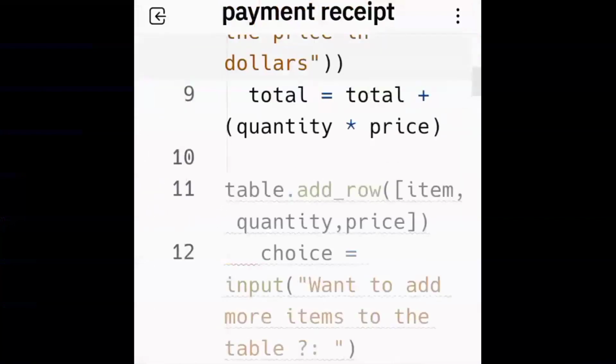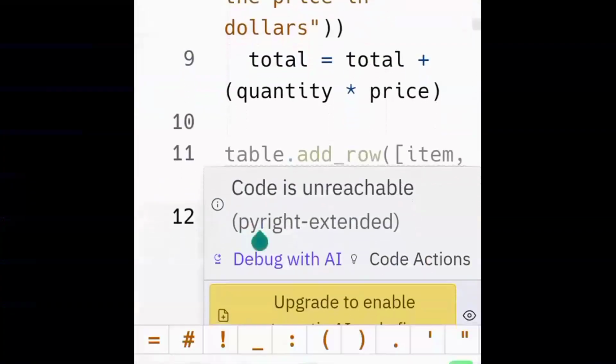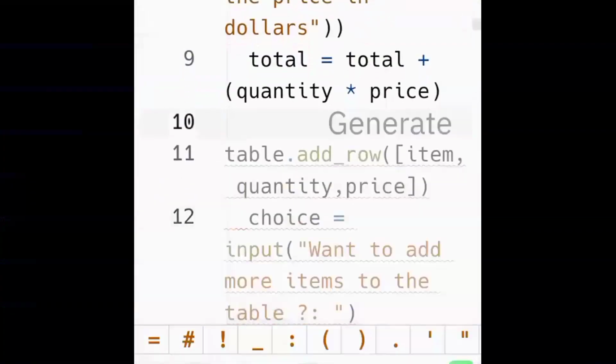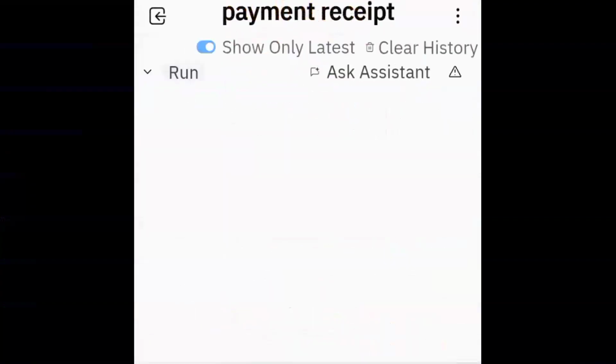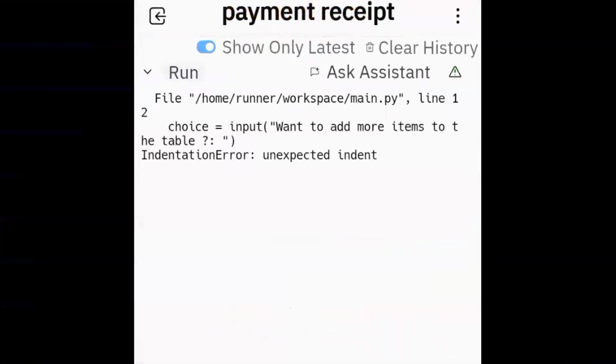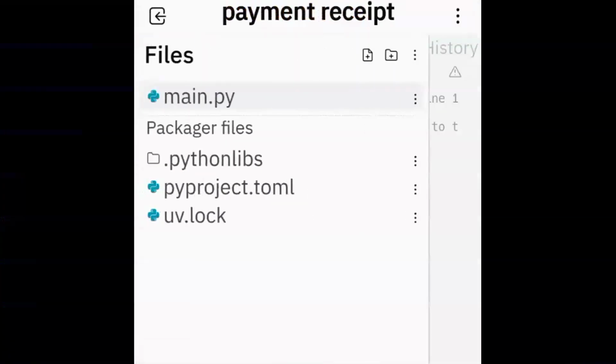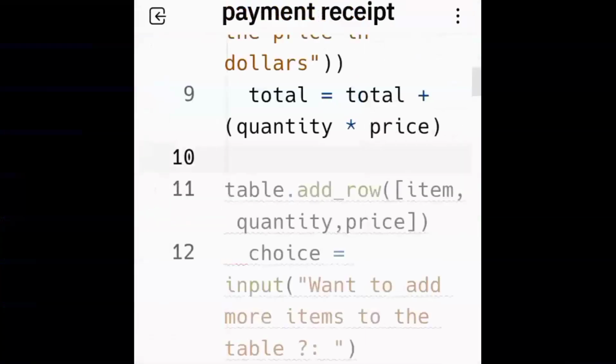So there you go. I've already imported the PrettyTable I showed you already in the dependencies. And now here I'm using Replit, but you can use any code editor of your choice. Later I'll also be doing a tutorial on some code editor that you can use other than this. Okay,